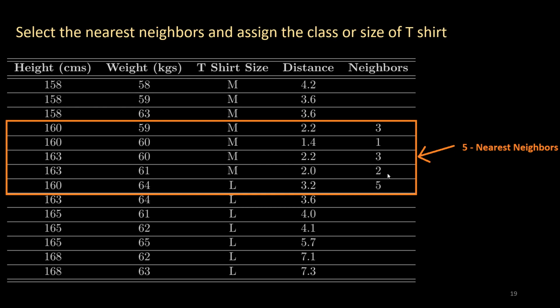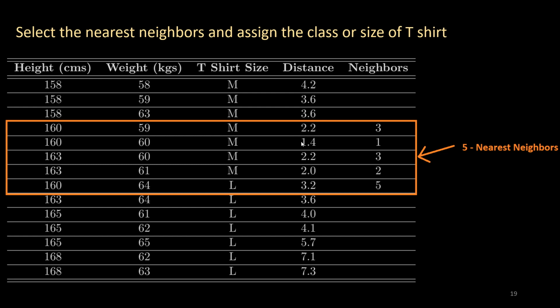So if we see inside the 5 nearest neighbors, we have 4 labels related to the medium size t-shirt. So based on the 5 nearest neighbors, we have decided that the size of the new customer is a medium size, and we will recommend a medium size t-shirt to the new customer whose height is 161 centimeters and weight is 61 kg. Okay, let's see what will happen if we increase the number of nearest neighbors from 5 to